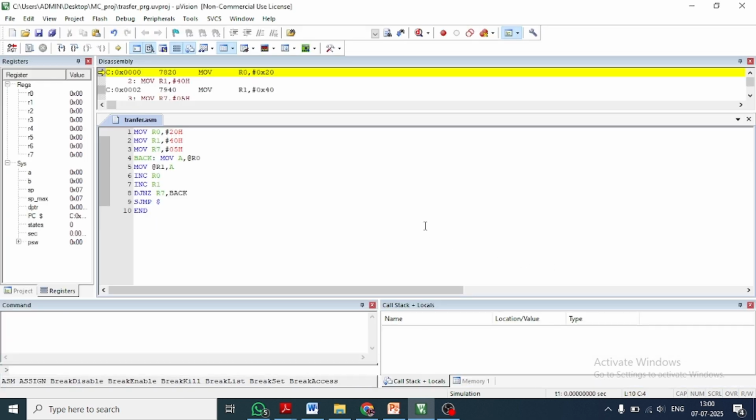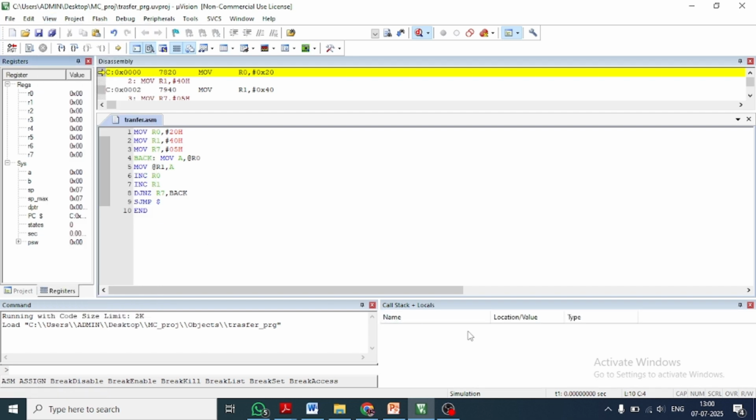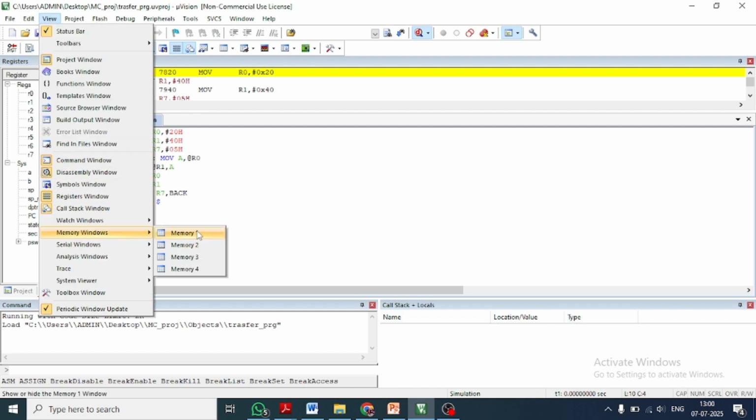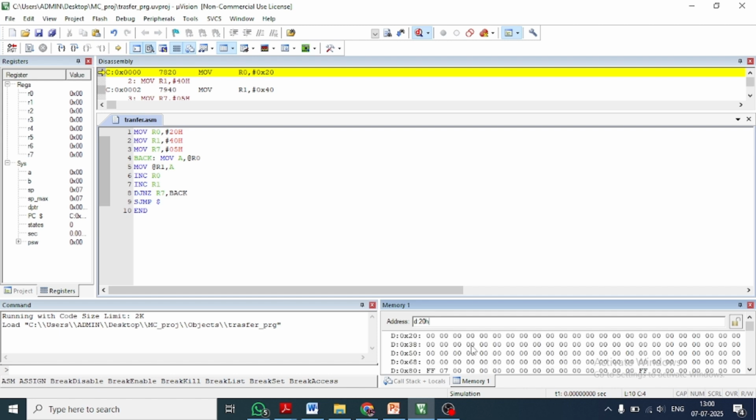Next I need to check the output. Go to View. In this program I am using two memory locations, 20H and 40H, so I need to select Memory Windows. In the memory windows, select Memory 1. The address is D:20H. Enter. I am giving data; you can give any data: 1, 2,